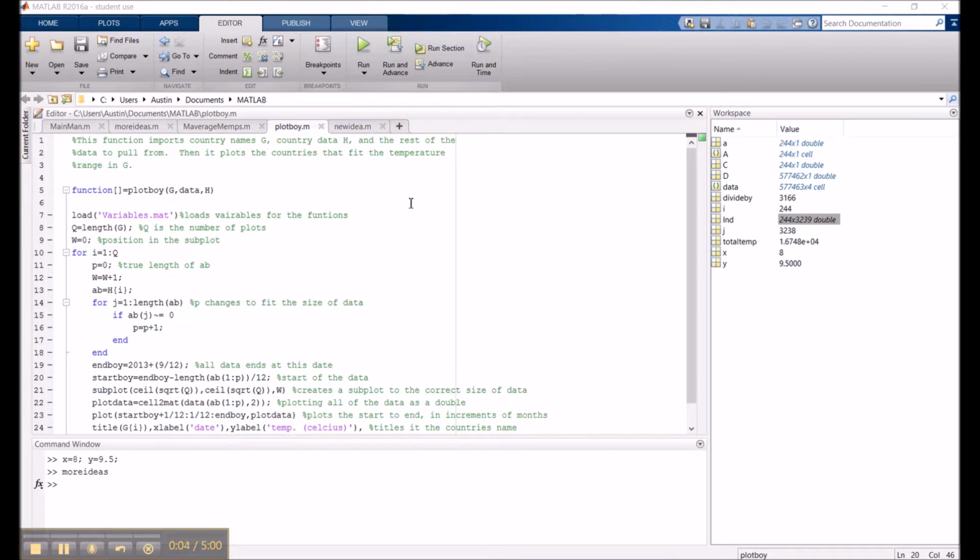We can move on to the next function file known as plotboy. Why it's called plotboy? I don't know. Could be because plotman is absent. Who knows? This function file, in general speaking, will graph our countries that fit in our criteria with over date